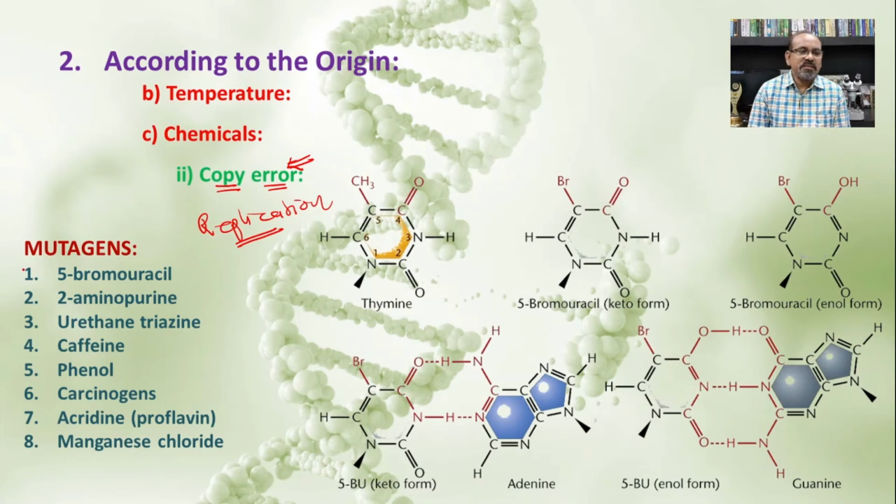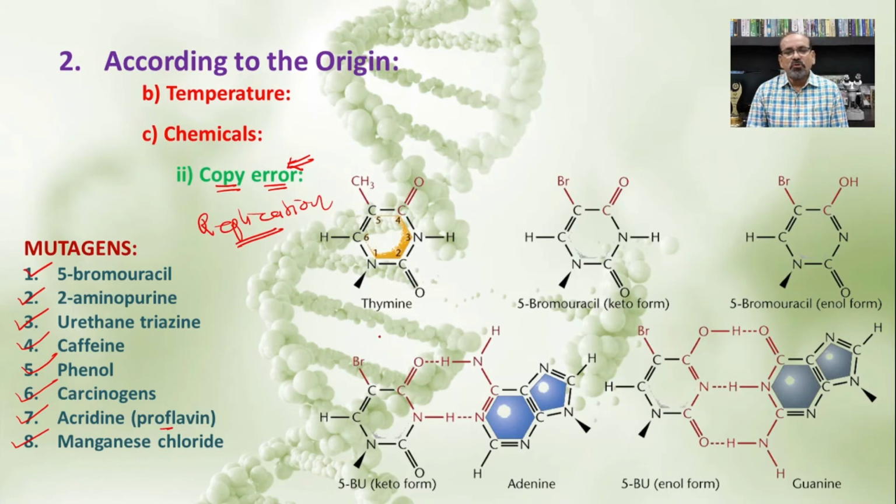So here are some examples of mutagens: 5-bromouracil, 2-aminopurine, urethane, triazine, then caffeine, phenol, certain carcinogens, and even the acridines, that is proflavin, and manganese chloride. These are the different chemical compounds which are responsible for the copy error type of mutation during the